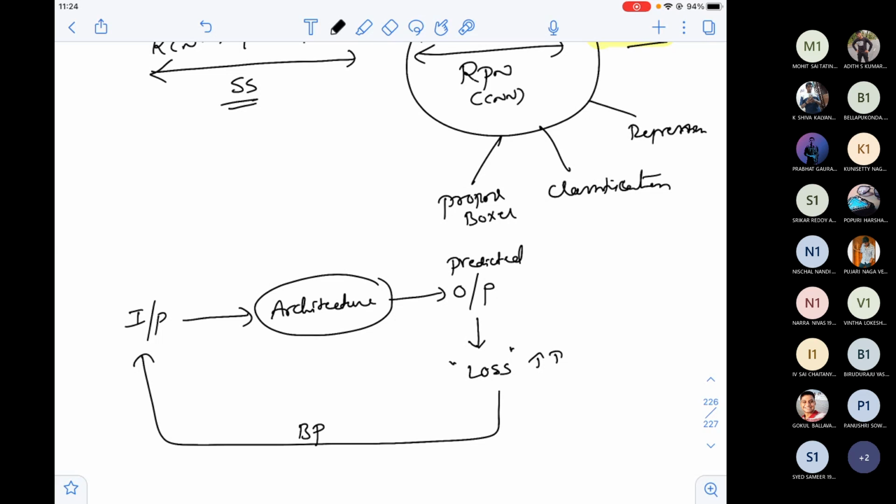Once I have a heavy loss, you need to update the weights using back propagation. Again, you forward propagate with updated weights. Again, you calculate the loss. Again, you back propagate and update the weights. So forward propagate on the updated weights, calculate the loss. If the loss is very high, again update the weights during backward propagation. So this is an iterative process that you already know. So that means this process will remain the same.